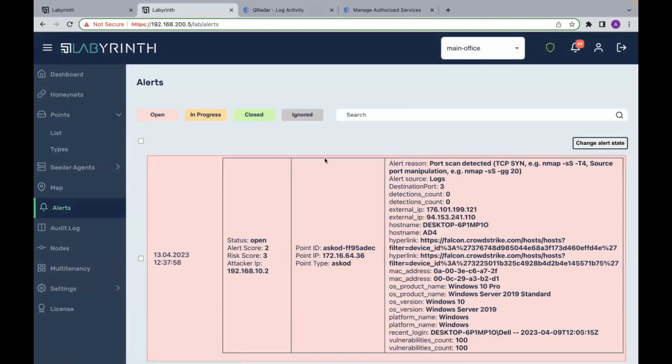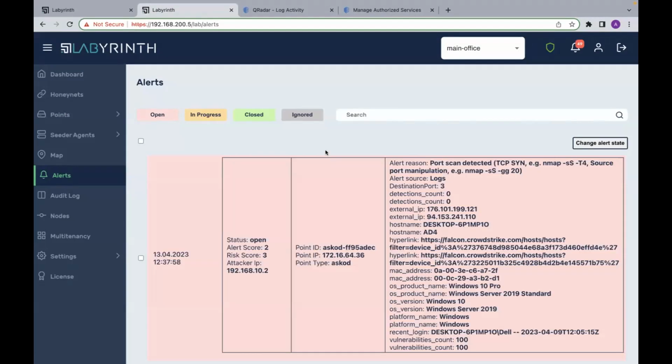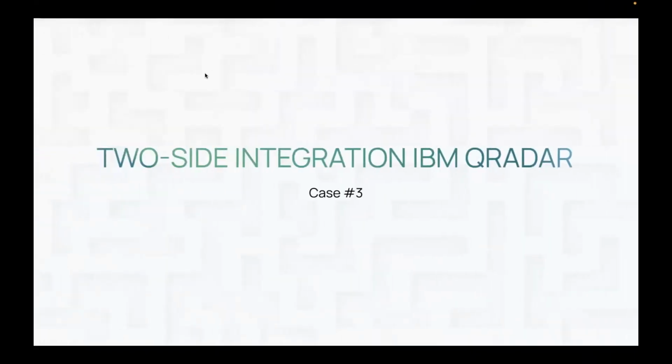So let's see. Labyrinth checks SIEM systems, like QRadar, every 5 minutes, so it's completely fine that we don't see the alert right now. We'll get it a little later. So in order not to waste our time, let's move to the next case, and we will return to these